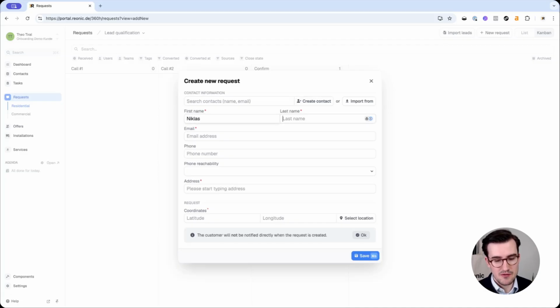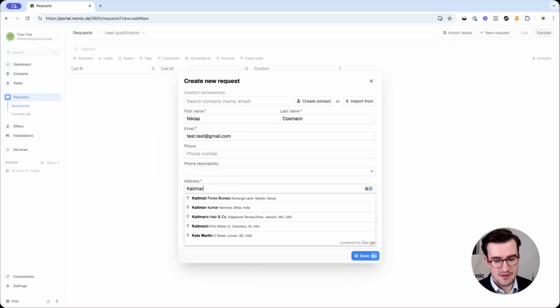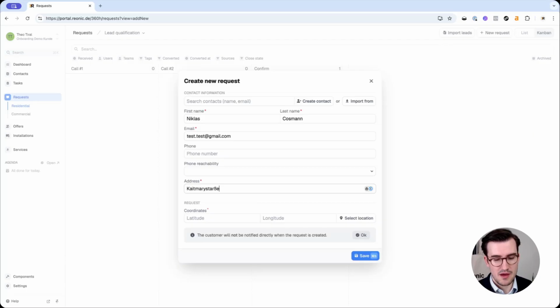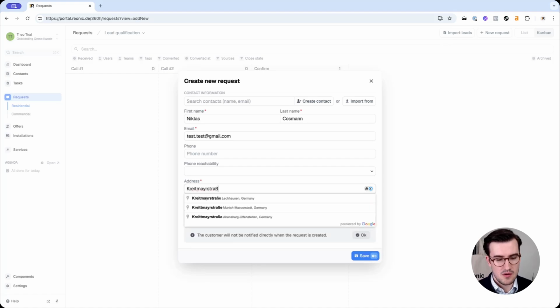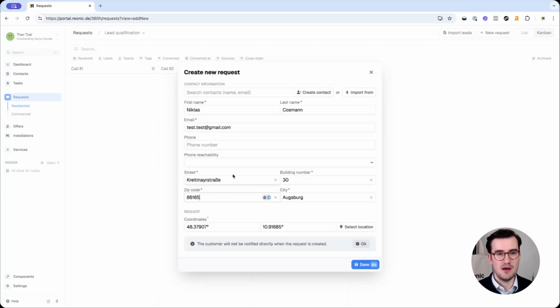So let's type in first name, last name, and email. Phone we'll just skip for now. We can also add this later. And then for address, it is quite handy that we are met with a Google matchmaking here, and once we select the Google address, we'll also fill out all the additional data points here, including